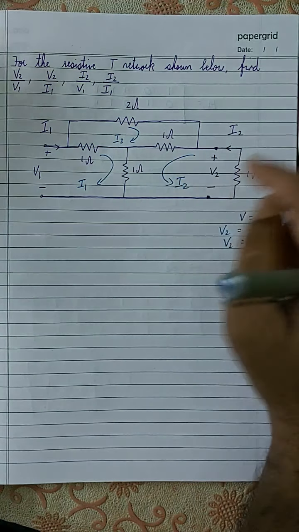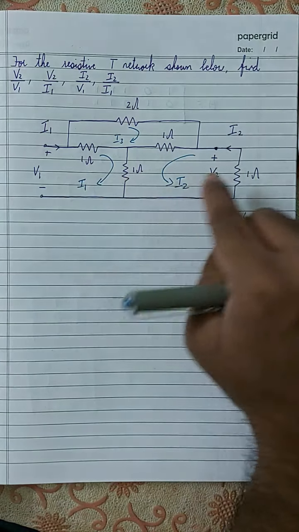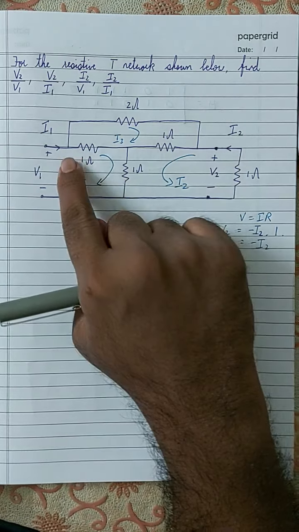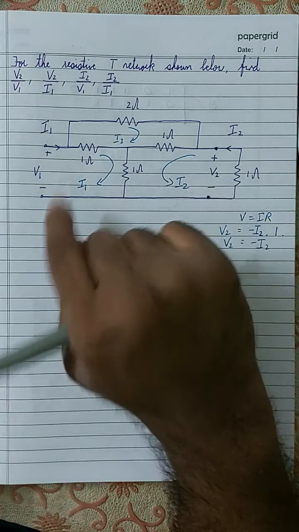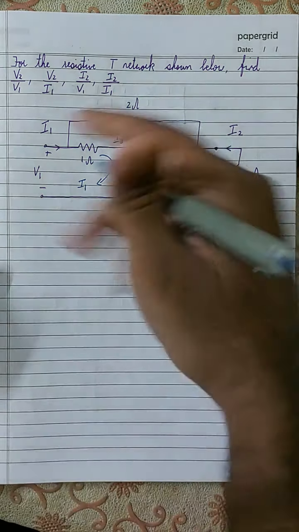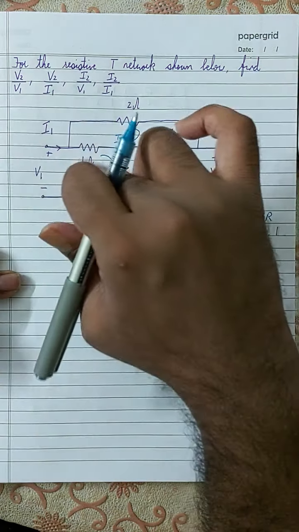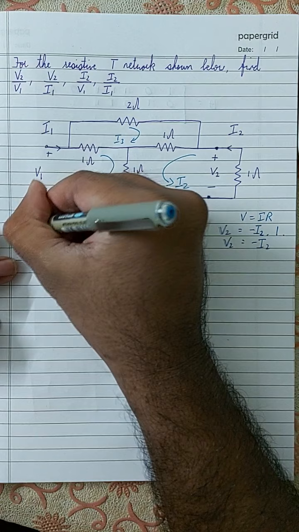You can use your normal mesh analysis, but you need to change the name of your mesh current. Don't use I1, I2, I3 because I1 and I2 have already been used over here as the names of your input port and output port currents. Okay. So now let's apply your normal mesh analysis. So first I will apply mesh over here,